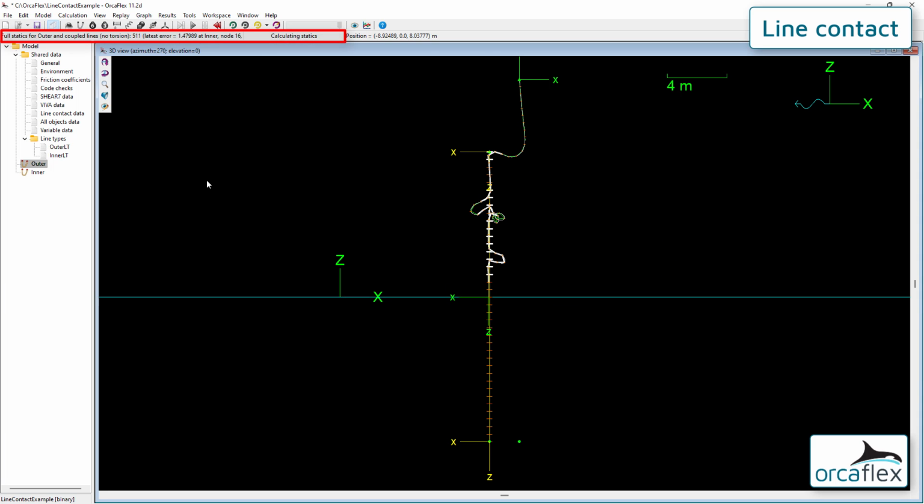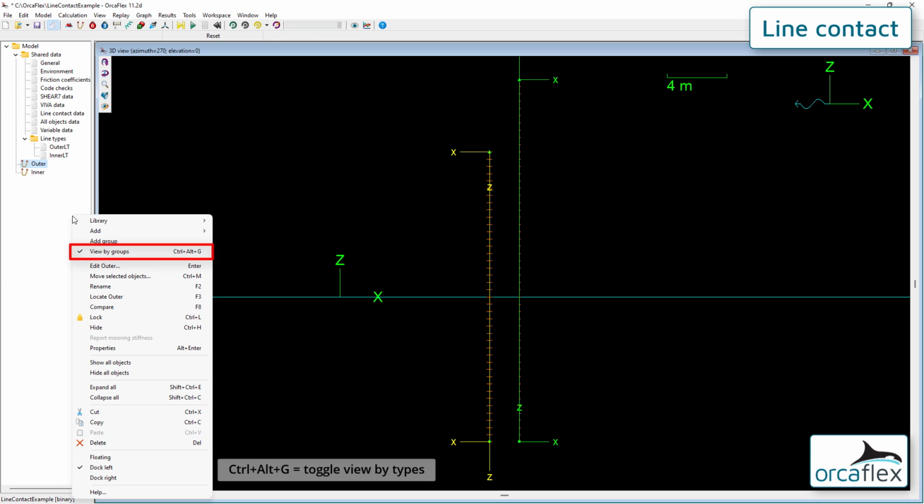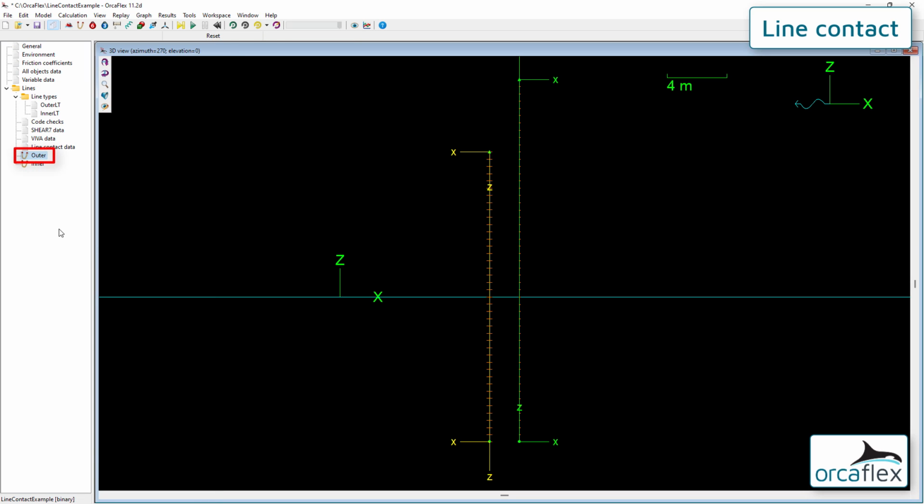We can often resolve this by reducing the size of the iterative steps in the static calculation. We'll try a small increase in line statics damping for the outer line, the first named line in the description as it appears in the statics progress window. This is the first line in the group, as listed in the model browser when viewed by types, that is not a child of any of the other lines in the group. The line statics step 2 policy for coupled systems dictates that this is the line whose convergence parameters will control the line statics calculation.